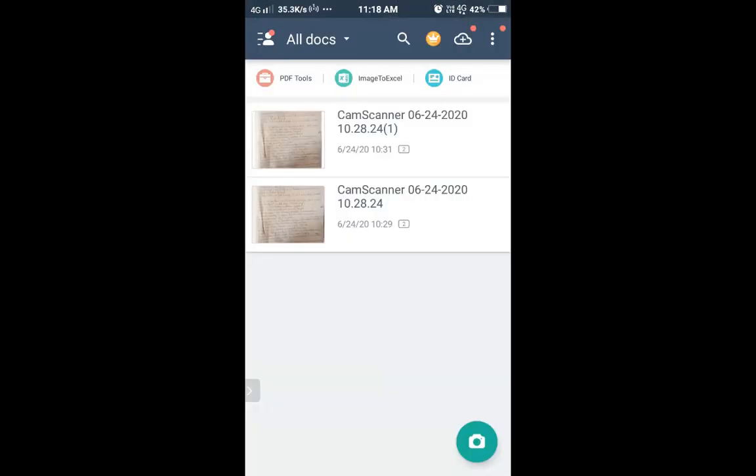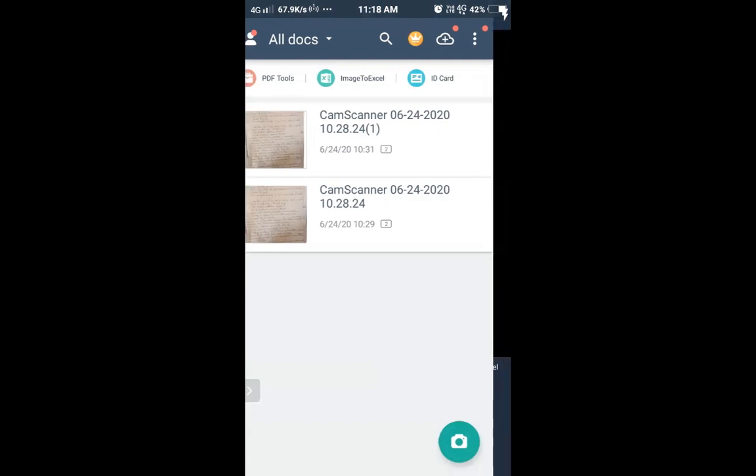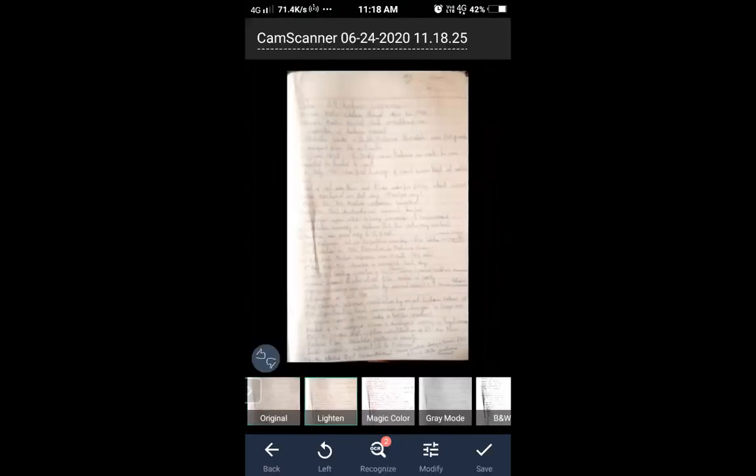Here in the blue right hand corner, we have this camera option. I have to click on it and take the photograph of my handwritten assignment. I have to resize the page and click on the next option. This is how it may look in the PDF format. Save it.